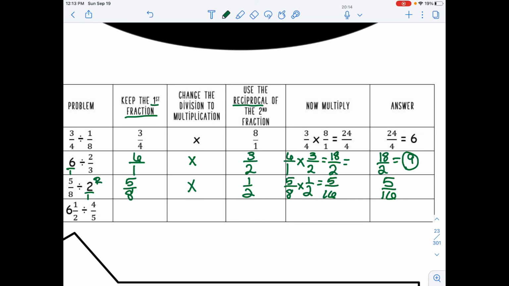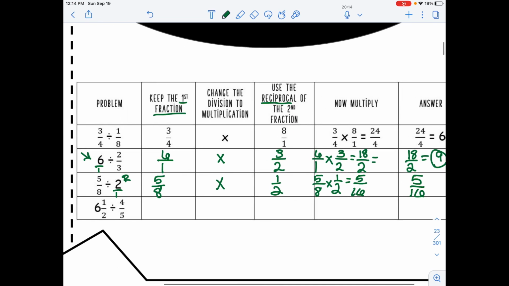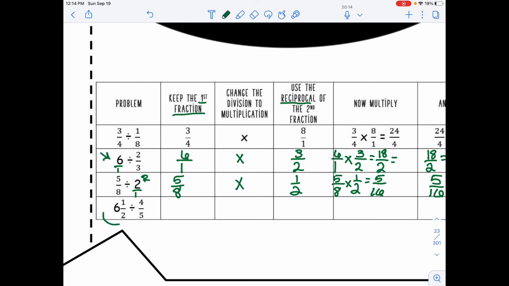All right, here we go. The next one, I'm going to have to change this to an improper fraction. Good job. So what is the improper fraction for 6 1/2? Well, we know that the denominator stays the same. 6 times 2 is 12, plus 1 is 13. So I have 13 halves